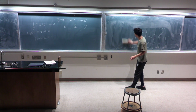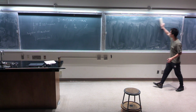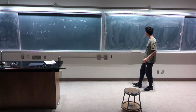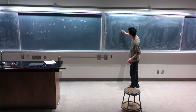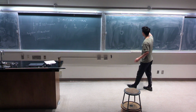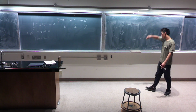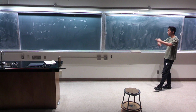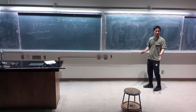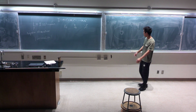You learned Kepler's first law is that the planet will orbit the sun in an orbit of ellipse. The shape of the orbit should be an ellipse. I didn't go into that because that's too hard. So we did circular motion for the third law, which is T squared over r cubed has to be a constant. The second law